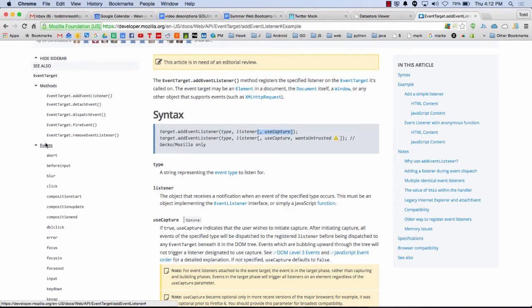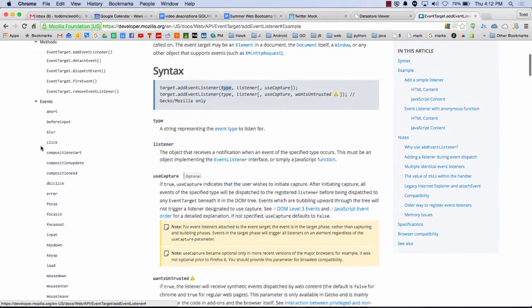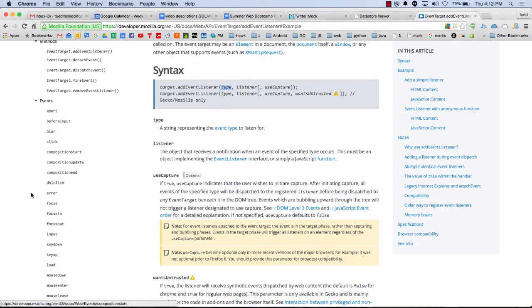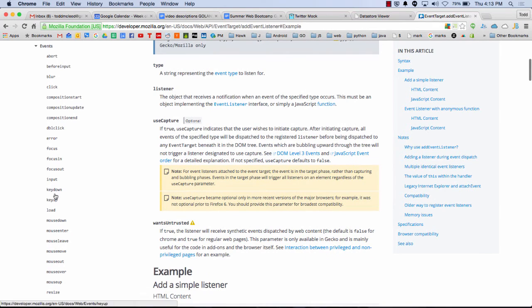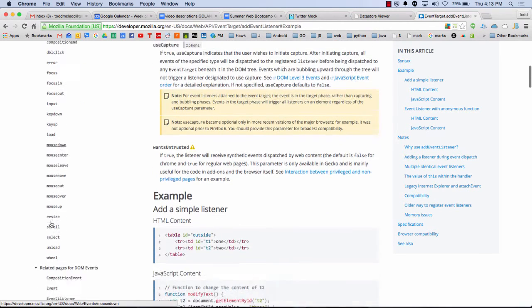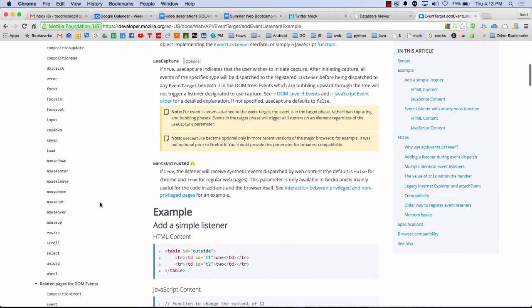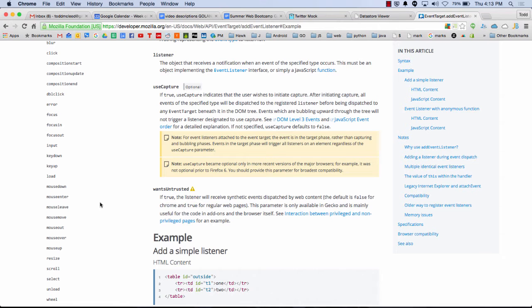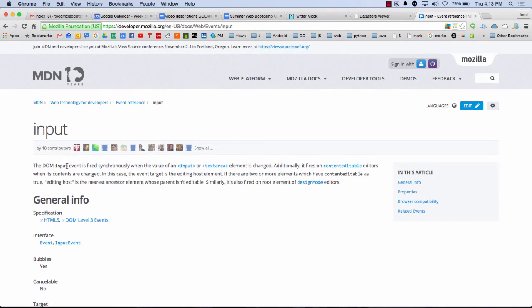And here are all the events, right? So this is called a type, but over here it's event, so that's kind of confusing. But I can listen for a click, I can listen for a blur, I can listen for key down, key up. And on this list, you do not see, I was listening for input, so I was thinking it might be something else. So input's right there. So input is fired when the value of an input text element is changed. So as I change by adding something, it fires.